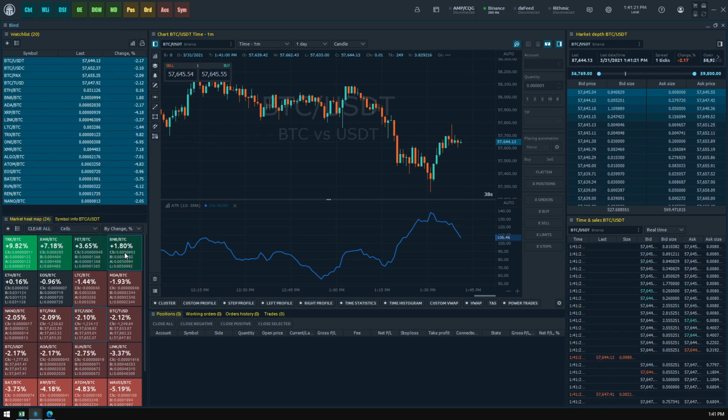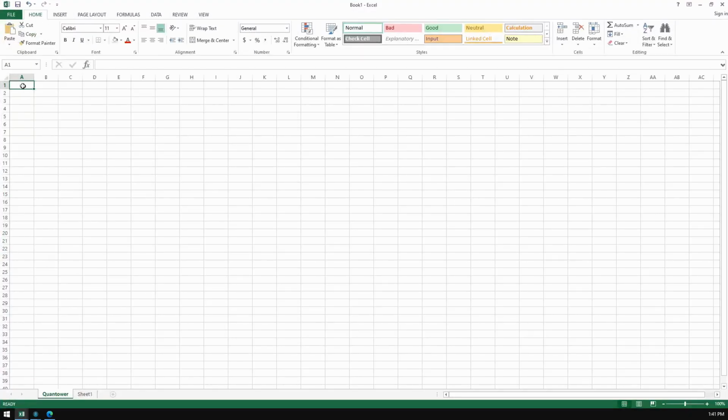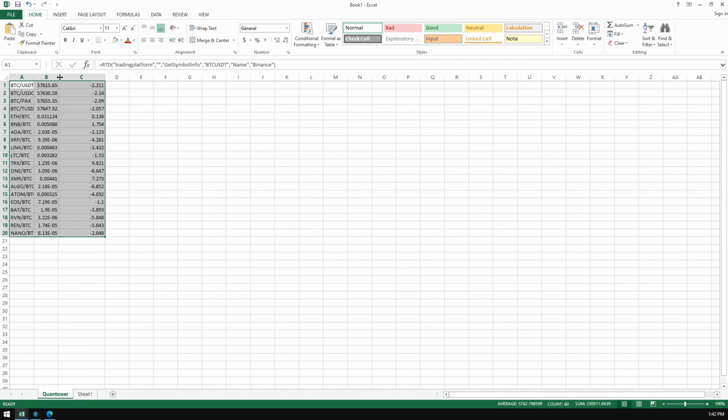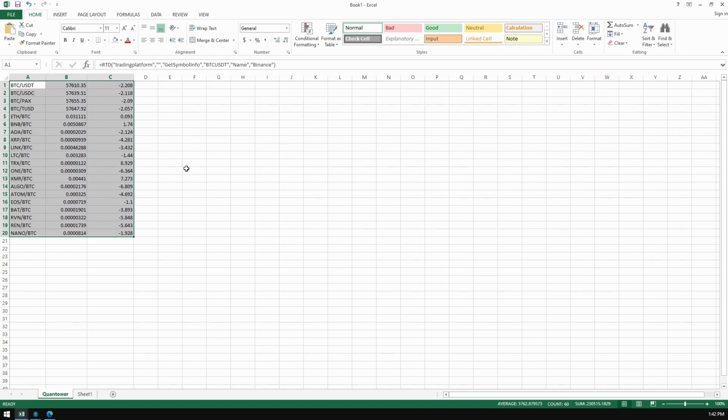Now we have a formula in a buffer, so let's go to Excel. To start importing data from Quantower, you should just paste the formula in any cell and wait for data to be loaded. And now, we have our watchlist data right in Microsoft Excel sheet and updating online. Please note, this data will be updated till the Quantower application closes.